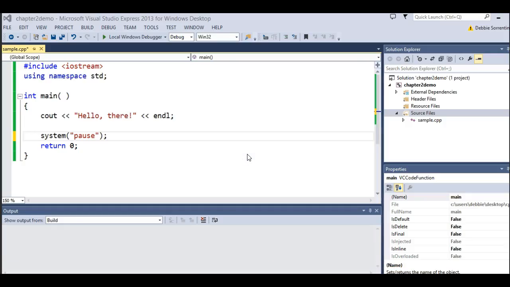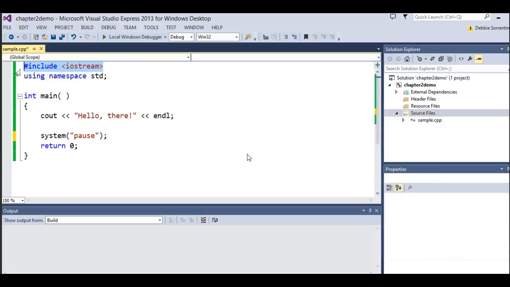In this video, I'm going to demonstrate just the main parts of any basic C++ program. It starts with this statement here, include iostream. This is a preprocessor directive. It tells the compiler to include the iostream library files. These are all the code that's required to input and output things in a C++ program, and almost every program